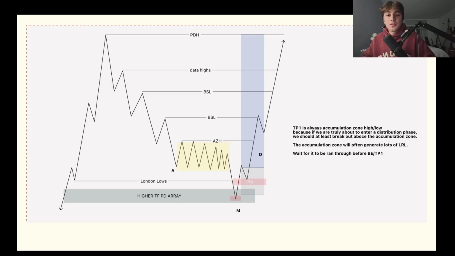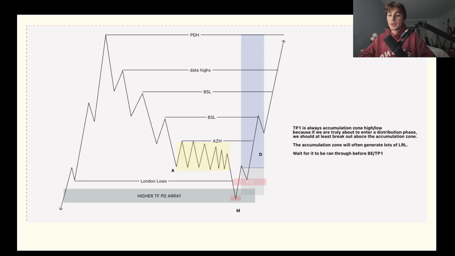You don't need to catch a 1 to 5 R. You guys need to learn to understand that there's sacrifices that you make with win rate and with risk to reward. You want high risk to reward, you will have a low win rate. You want high win rate, you will have a low risk to reward. We like to trade relatively lower RR with higher win rate, just because that's the most effective way of trading,